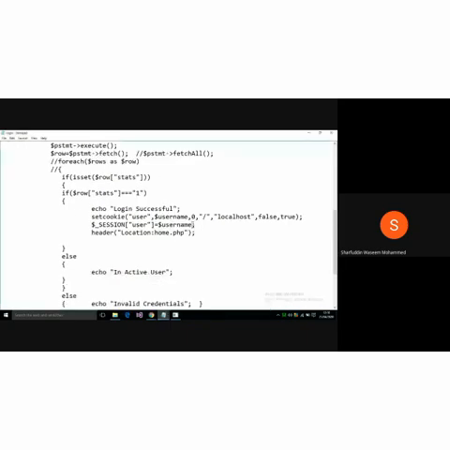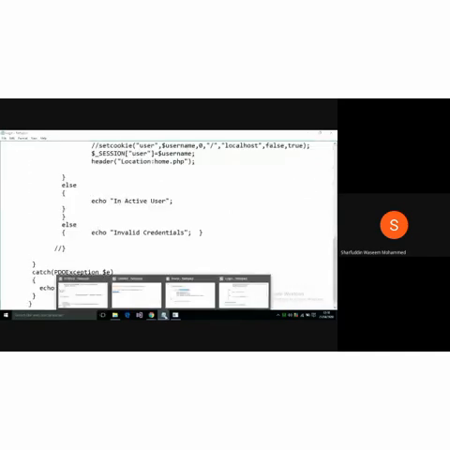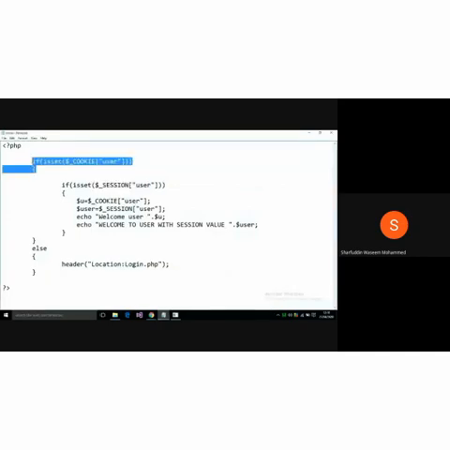So let us first of all disable this cookie, because if we go with either one of the mechanisms, both will work anyhow.